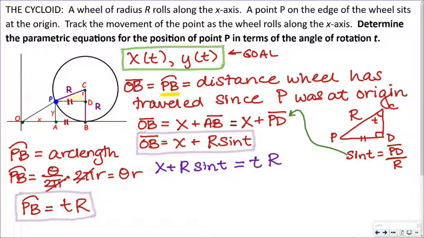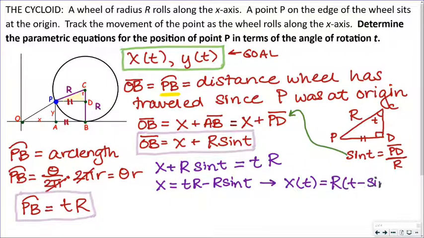Or in other words, let's isolate x. X equals tr minus r sine t. And how you see this written more often than not is with the r factored out: R times (t minus sine t). Okay, what about the y value? Now if we go back to the picture,